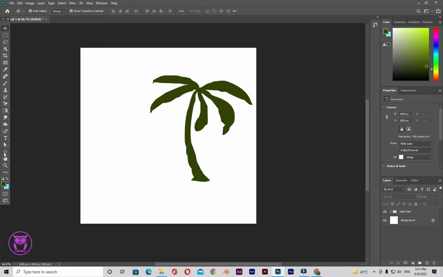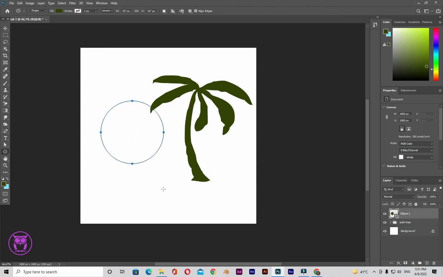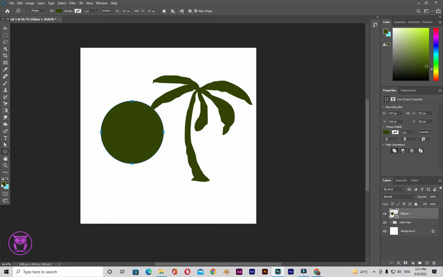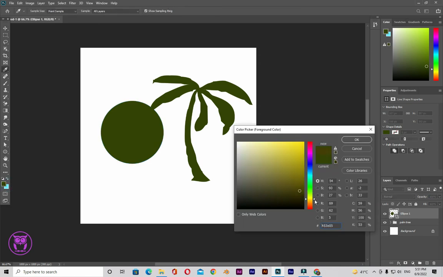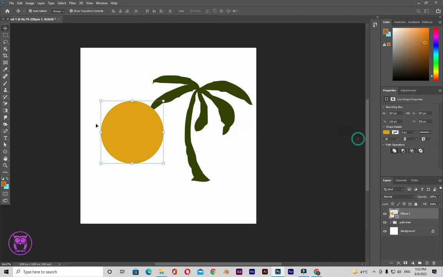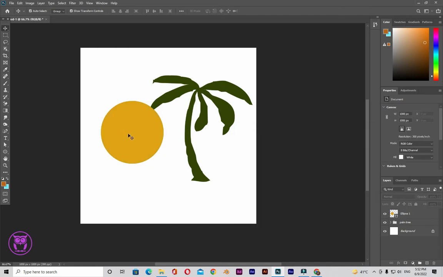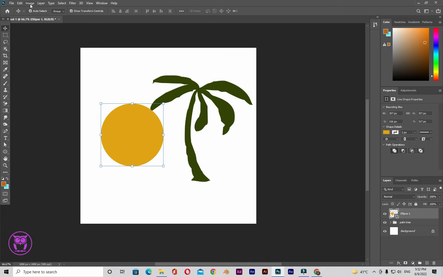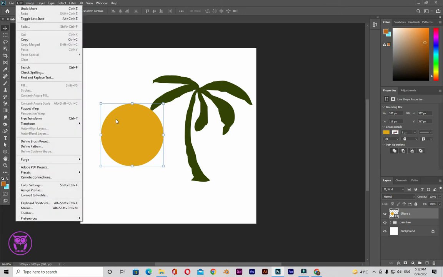Now I'm gonna create a sun. Select ellipse tool, draw a circle, choose the orange color, and now make a duplicate of this circle. Go to edit, copy and paste,